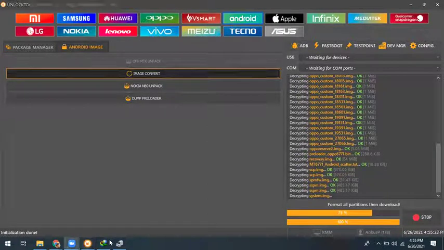Got it, Jayakumar? How to extract your file? Okay, sir. Image convert means which file can we convert, sir? Image file. While you are getting an image file of any brand, you can directly convert your file by this tool. It will support both Qualcomm and MTK.